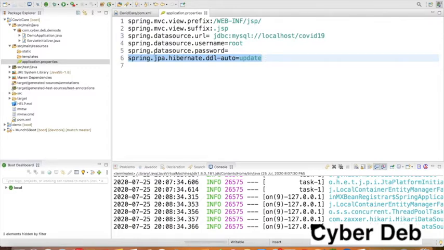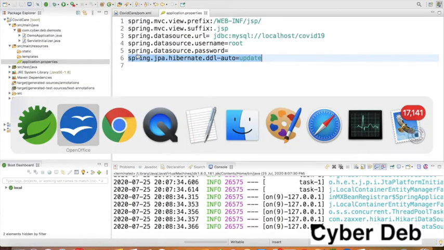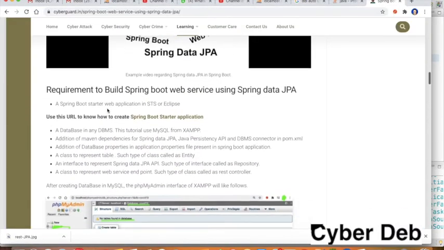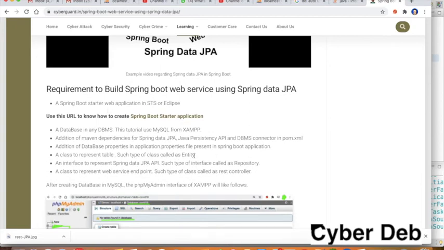Next, as I mentioned, in the same blog, what next you have to do? The next thing is going to be a class. Once this properties file is ready, you have to go for this class, which is going to be our entity class. Means the database is going to be represented as the entity class. This entity class is going to be the representer of data.